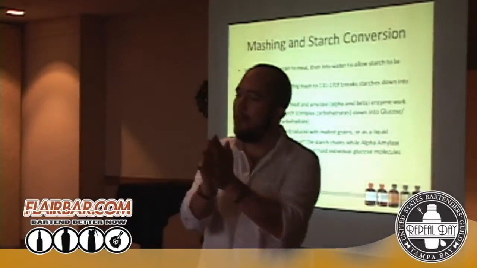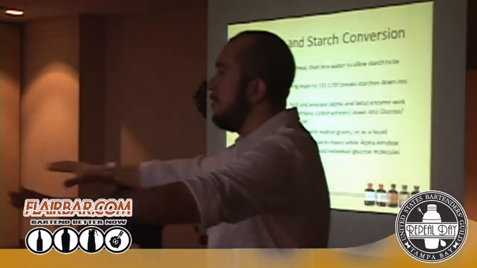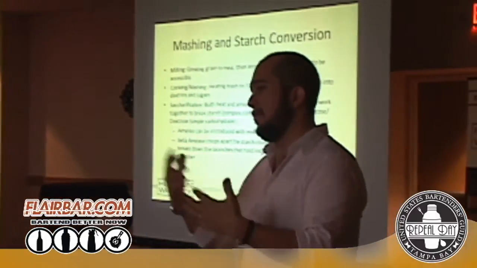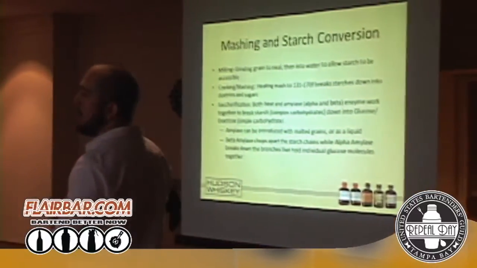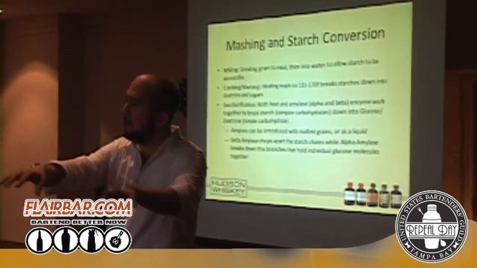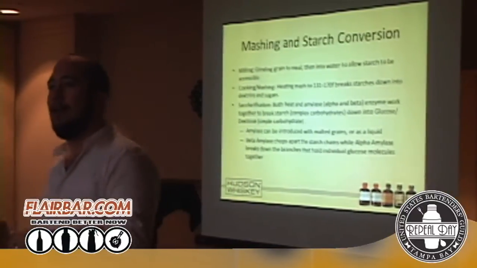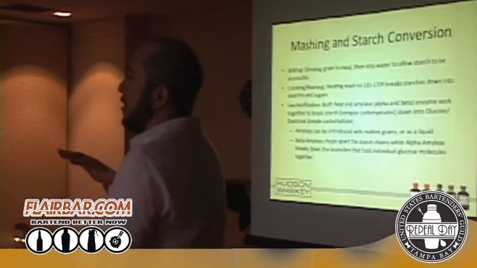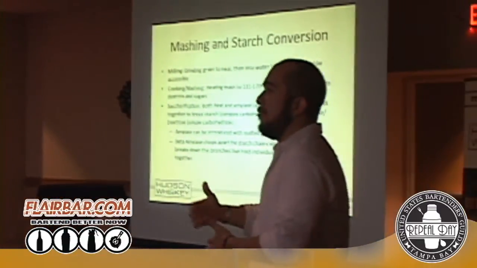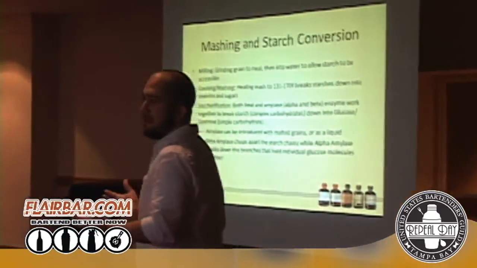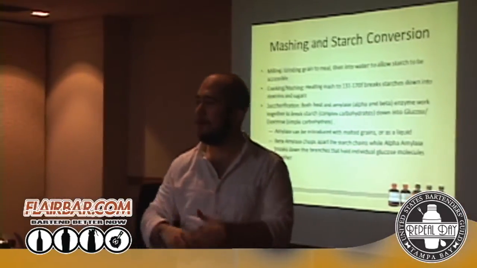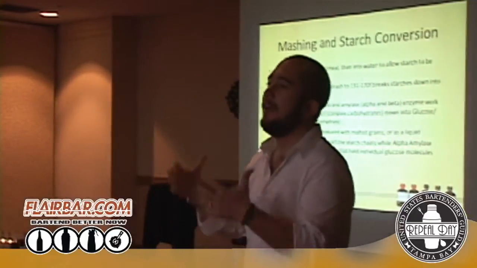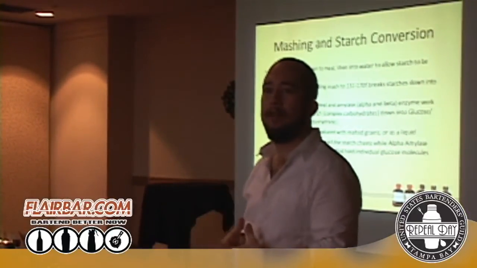As soon as it cracks open, you drain out the water and spread it out onto a floor. They'll rake it, and now it's done mechanically in a lot of the big malting houses, but they would rake it to make sure that the roots don't tie it up and get all clogged together. And then they would put it into a kiln where you're going to dry the grain. Now in Scotland, when we get peaty scotches, peat used to be the heat source, not just for malting, but for your homes, for everything. So they used peat as the way to dry the grain in the kiln.